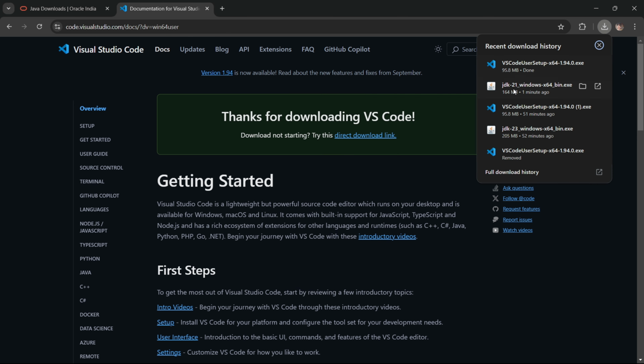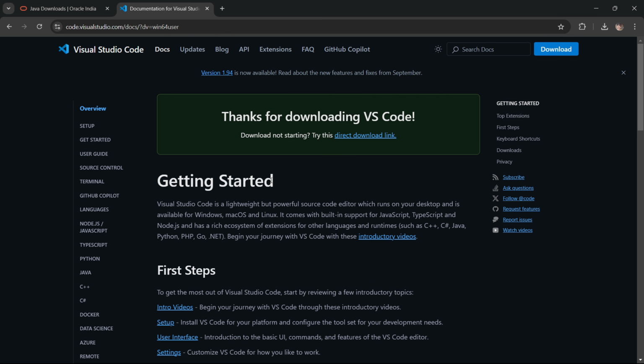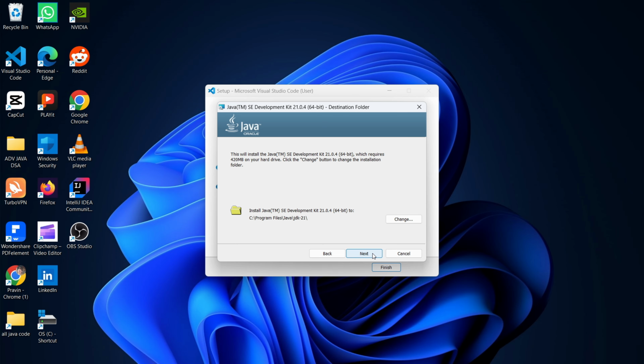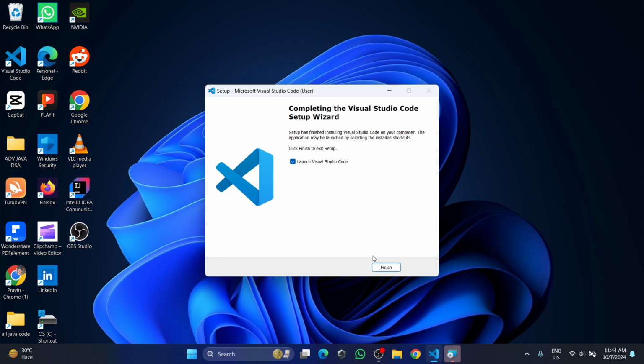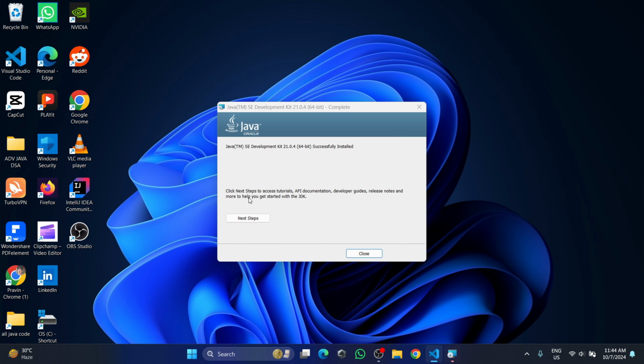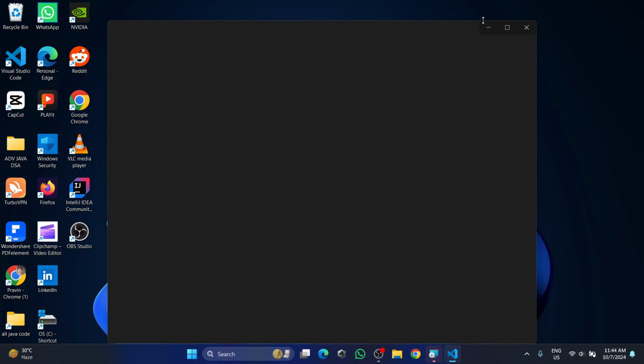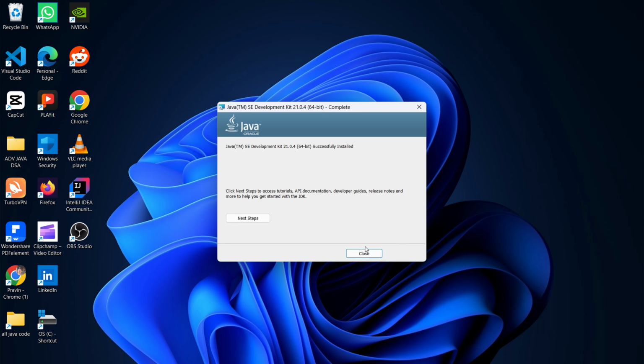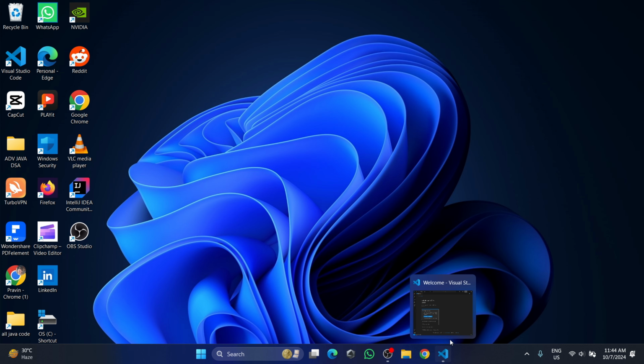We have to install JDK. Double click on it and it will close these tabs. Click here on next. On this location our JDK is getting set up. Click on next. Our JDK will simply install and our VS Code is installed successfully. So finish it and our JDK is also installed. So close it. Clicking on finish,